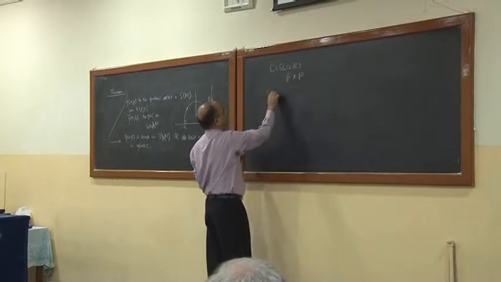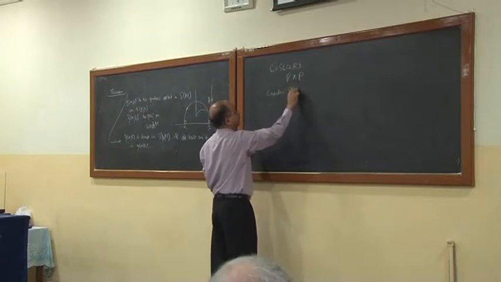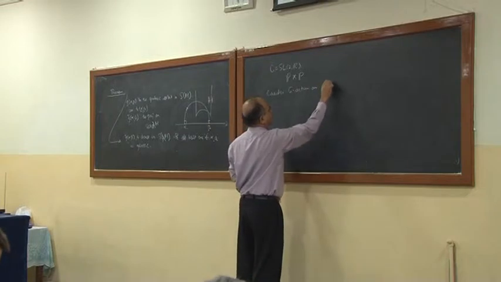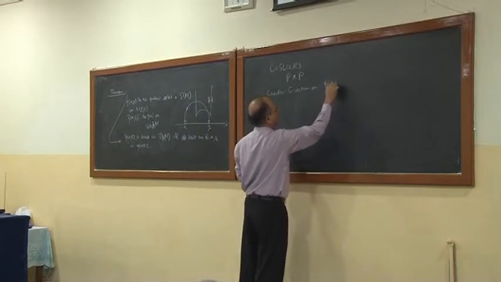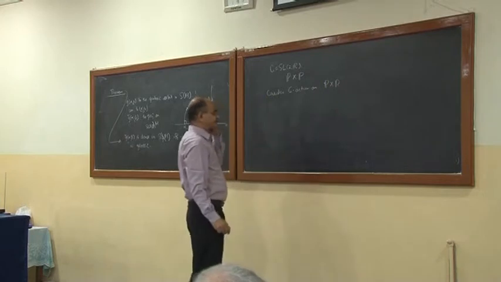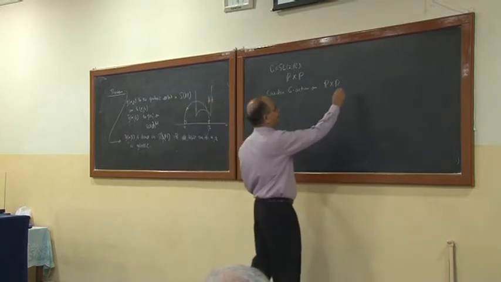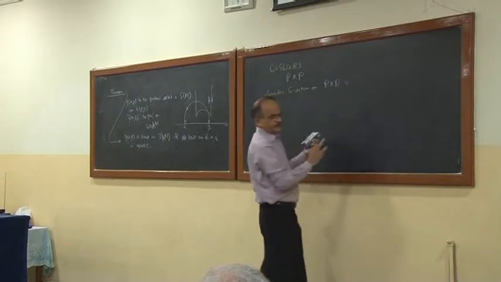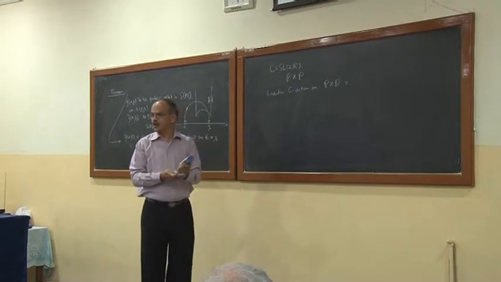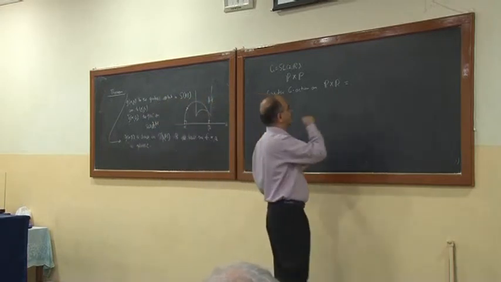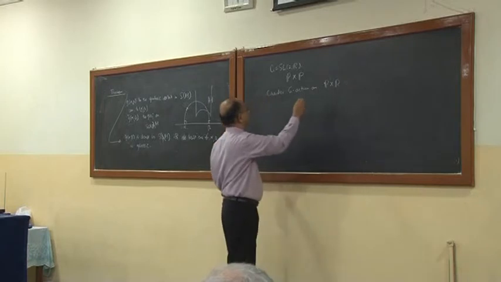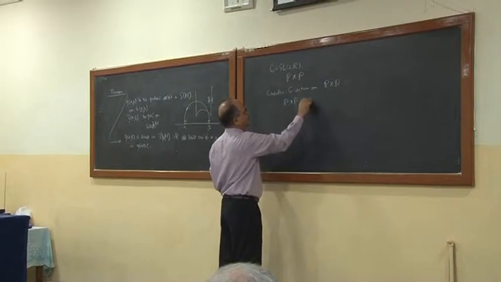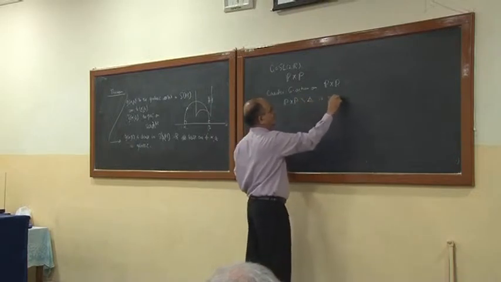Consider the G action on P cross P. Now, the G action has exactly two orbits, the diagonal and off diagonal. So P cross P minus the diagonal is a G orbit,